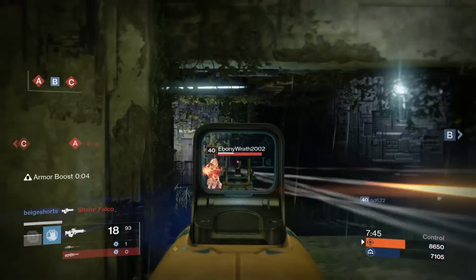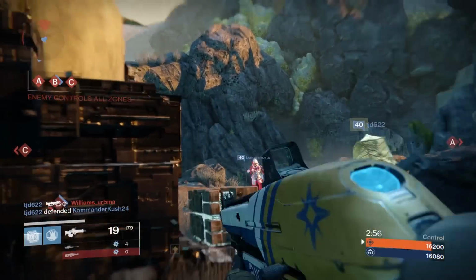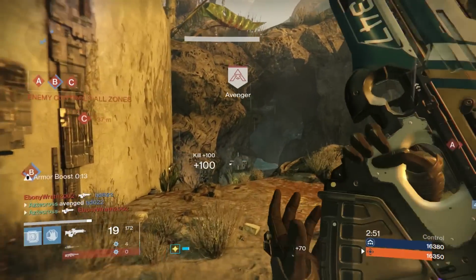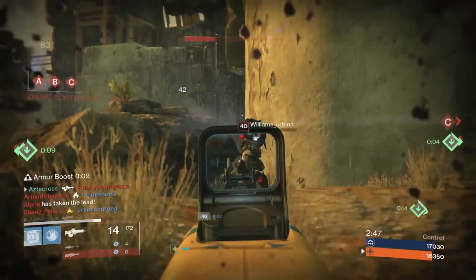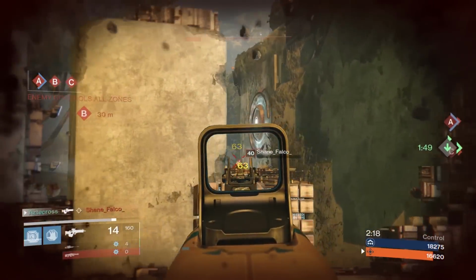close range, primarily shotguns. Now, of course, you don't really want to have a scout rifle in close range to begin with, but that's the thing about Destiny, man. Things are always random. You never know the situation you're going to run into, so it's always good to have a weapon that has a lot of variety and can adapt to any situation. Now let's talk about